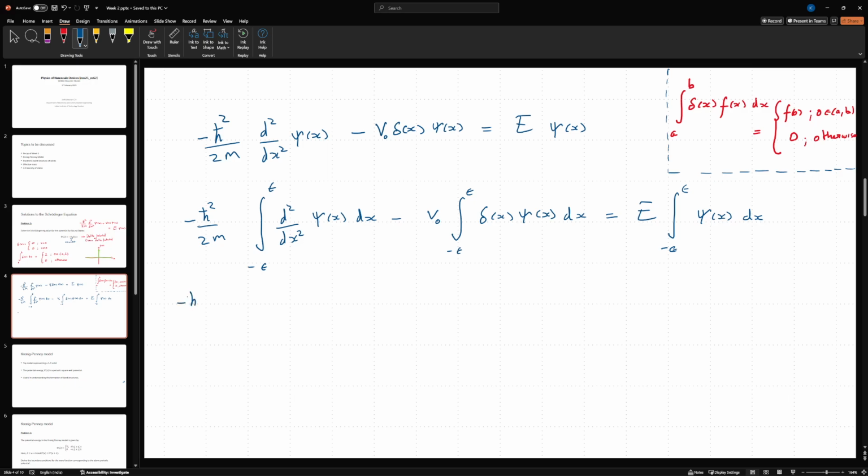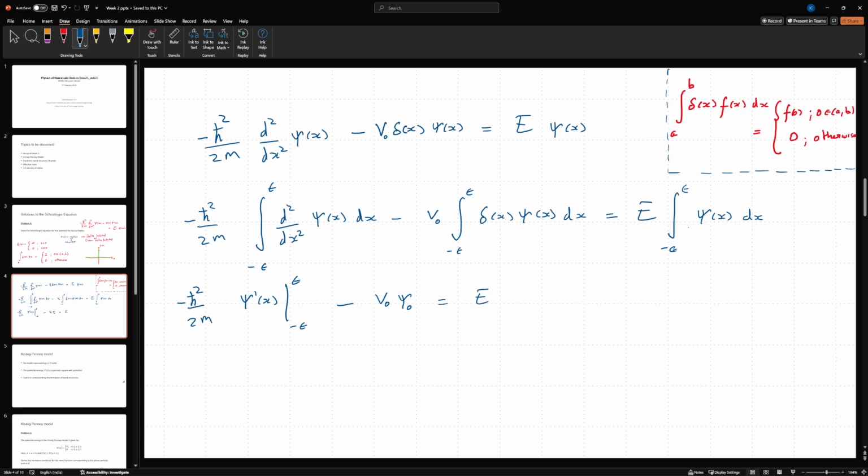So minus h squared upon 2m times psi dash of x from minus epsilon to epsilon, and since 0 is contained in here, minus v naught psi of 0, is equal to e times